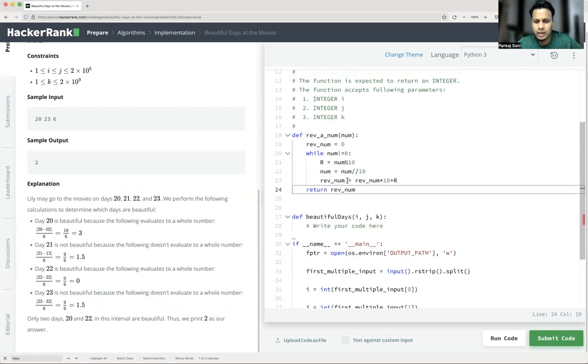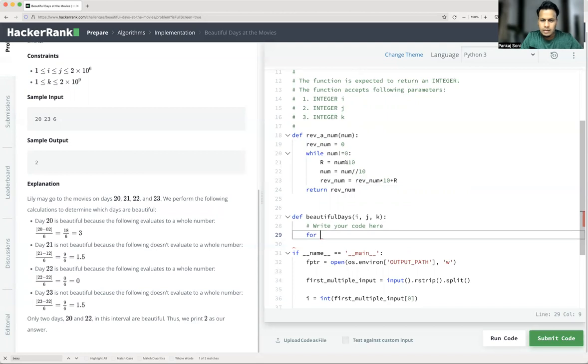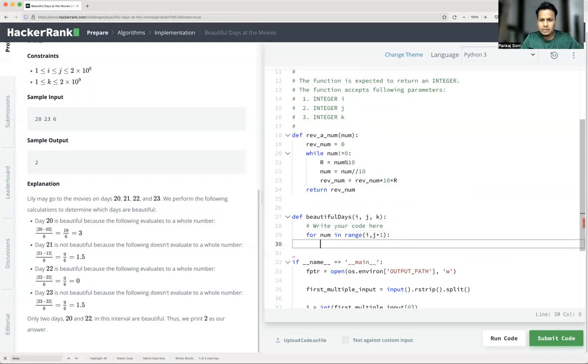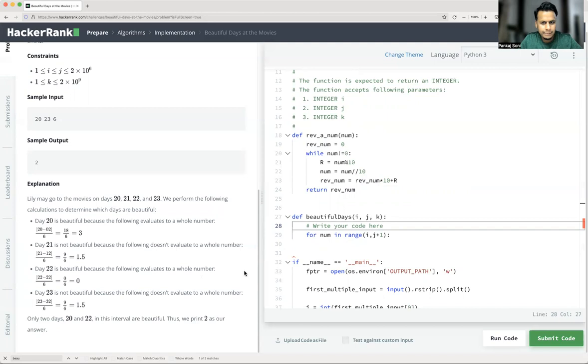Okay, so what I'll do now, I got the reverse number, I'll pass the reverse number. So for, let's say, num in range from where to where? Range i to j plus 1. Why j plus 1? Because j will be excluded, right? So we have to count the last number also. Okay. So let's keep reversing the number here. Or I can write,